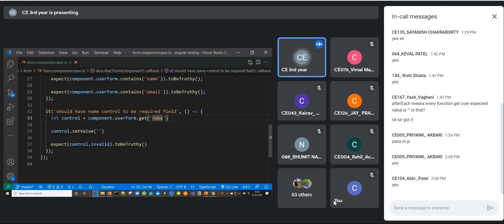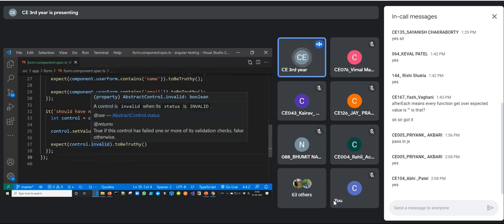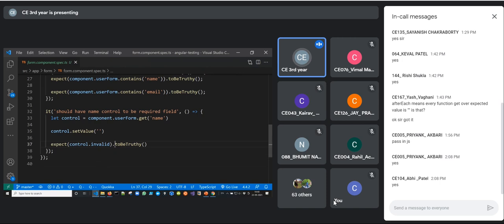So we are specifically setting it to the empty string, and we want to make sure that the invalid property of the control is true, because now the required validation should fail. In that case the invalid property would be true. If we check the valid property, it should be false, so we can compare it to be false.